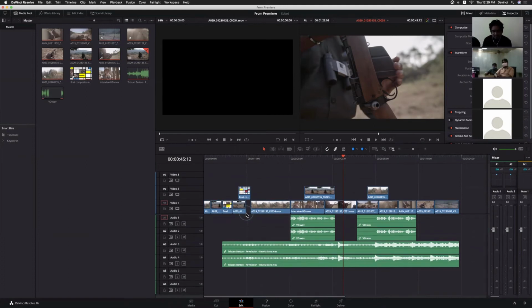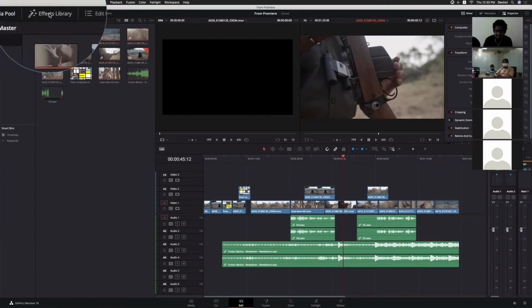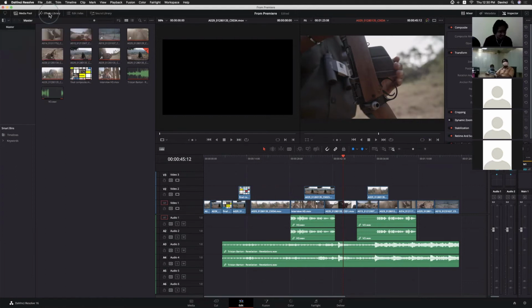Now there are a few options I'll try to cover here and there, like filters and titles. Before using titles, we will use subtitles. And most of the time we'll use the broadcast safe filter, right? Not most of the time, every time we need to use the broadcast safe filter, right? And for the filters and everything, this is the effects library. Just click Effects Library.